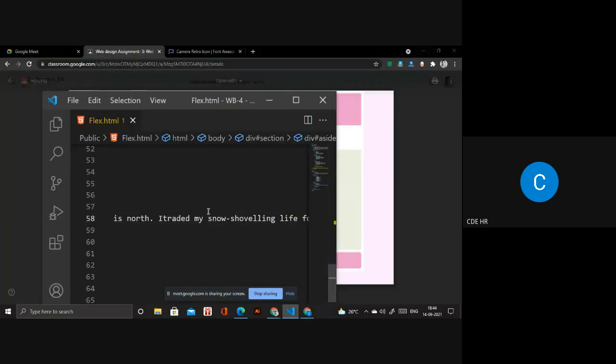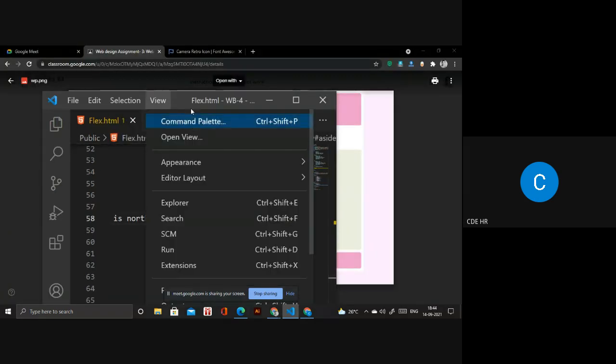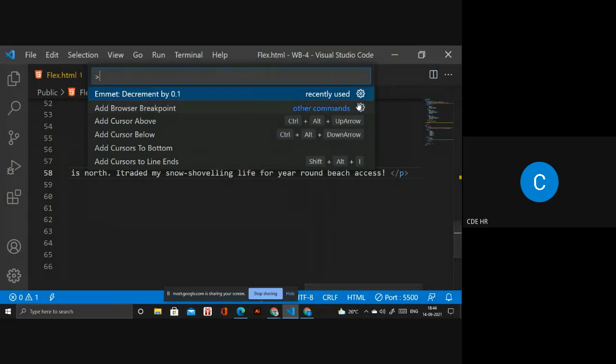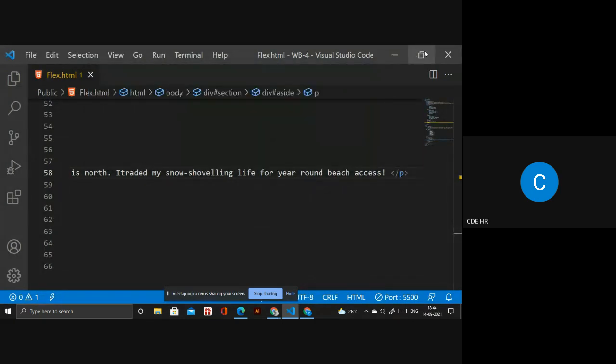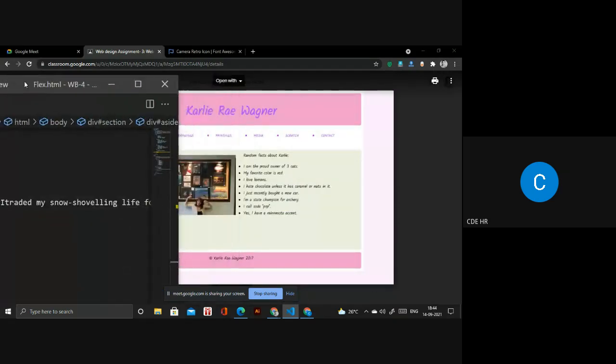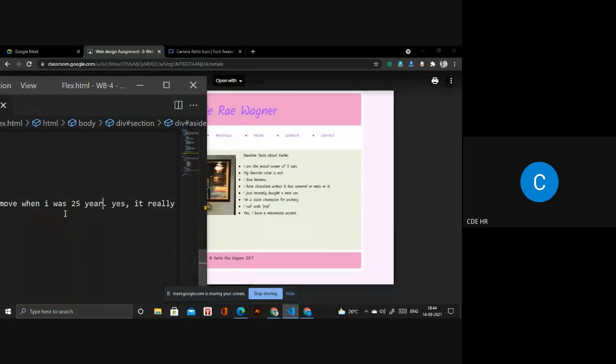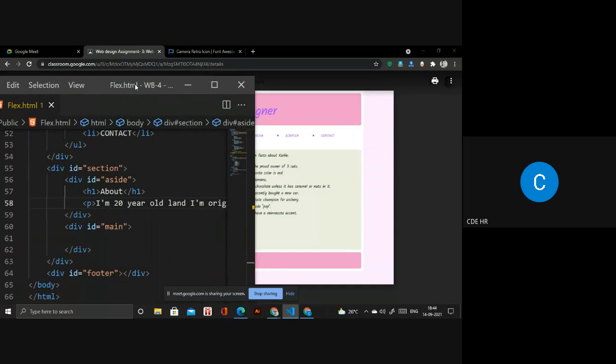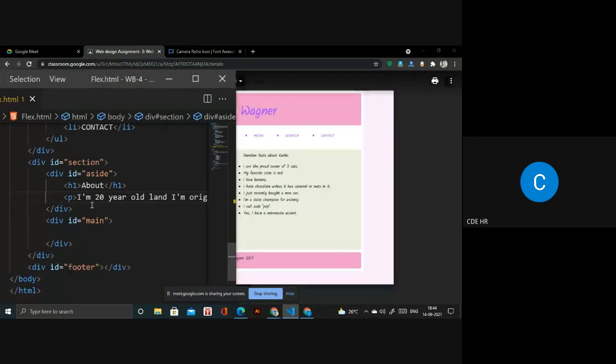Okay, we are done. Next, we have to write the main part as well, the content. So I have to go there. I need to create a picture, and inside I need to create a list as well. Okay, so I will write inside this main. Inside I will create an h3, the heading three.